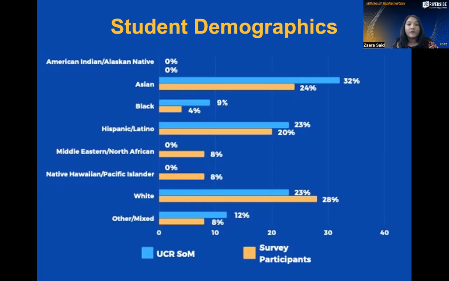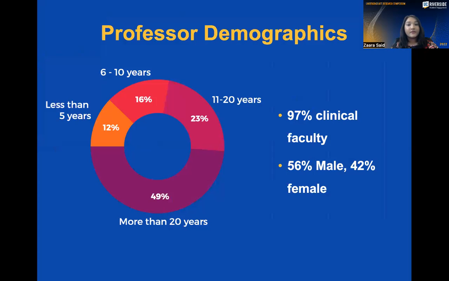And it's also important to note that the UCR School of Medicine demographics doesn't have a category for Middle Eastern or North African like our survey does. So they might fall under white or other, but there's no real clear understanding of where they might fall within the demographics. So for the professor demographics,